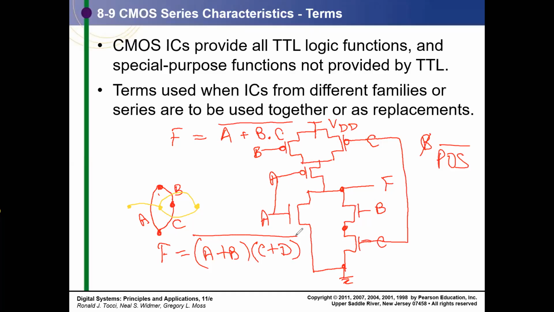Now this is a parallel. So you have A plus B in series with C plus D. A plus B means A and B in parallel. So you have a network which is,